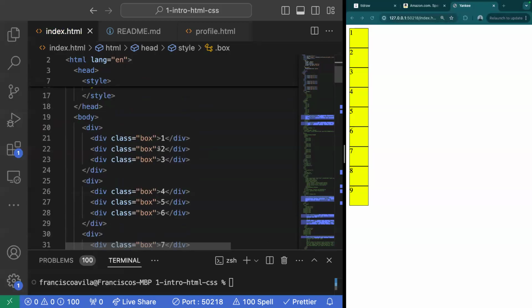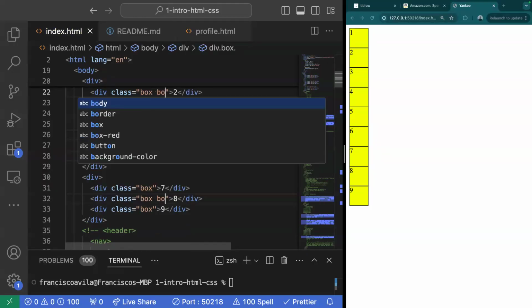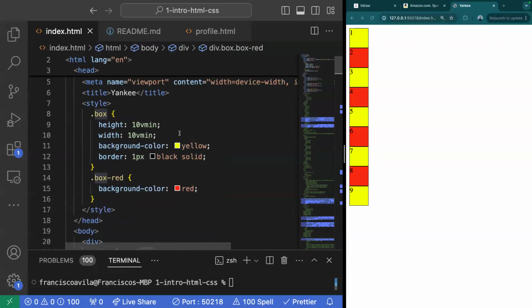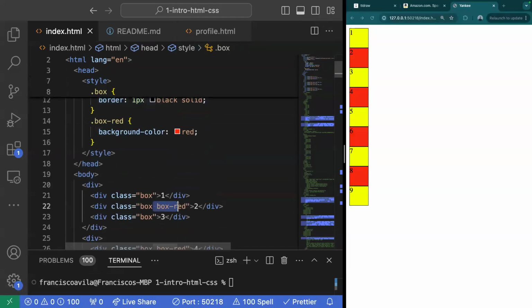Let's mix it up. I want to apply a secondary class. All I need to do is type in box red. So now the first class is being applied. That's what creates our width and height, and also gives us a border of black. Now the background color of yellow is also being executed, but you can see that I have the secondary class